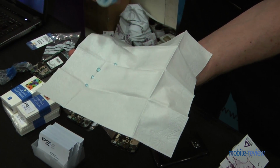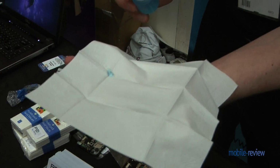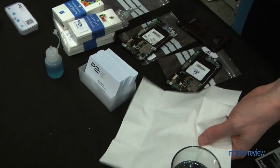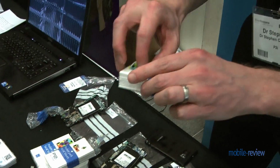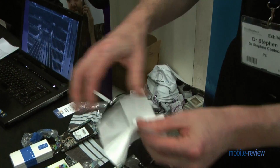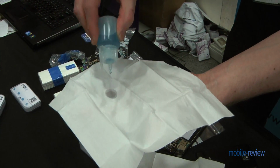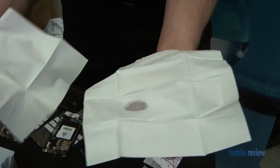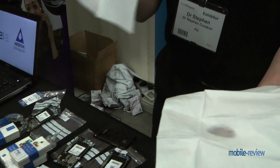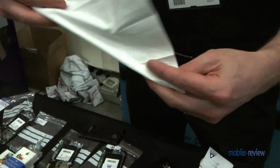This has been applied with the P2i iridium coating technology, which is 1,000 times thinner than a human hair, and water just beads up and rolls straight off. If I took a normal paper tissue, not surprisingly, when you put water into contact with that, it will absorb into it. But what you're seeing here is there's no difference between the look or feel of these two pieces of paper, and that's because the coating is 1,000 times thinner than a human hair, typically 10 to 40 nanometers